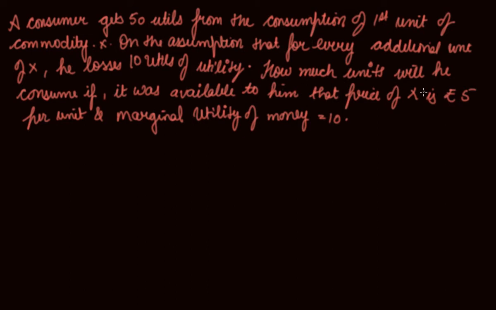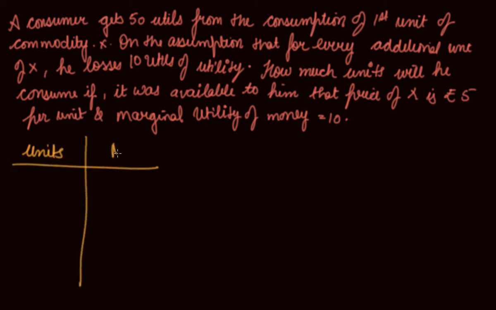How many units will he consume if it was available to him that price of X is rupees 5 per unit and marginal utility of money is 10? Now in this video what they've asked you to draw is the table, that is your units